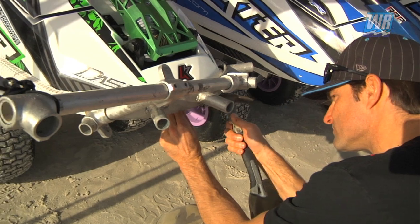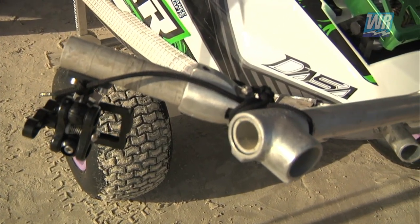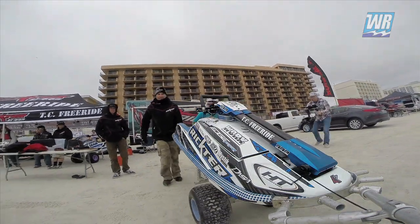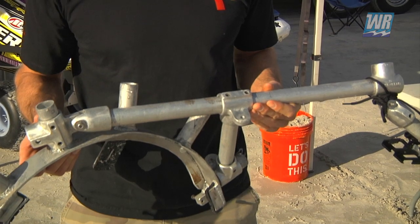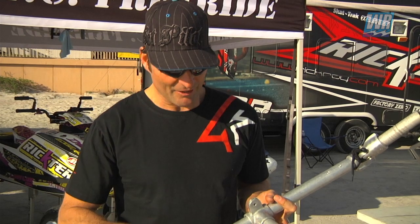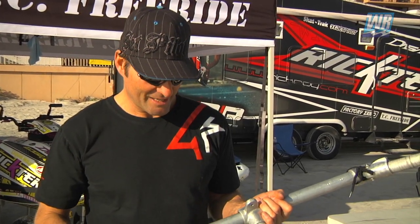One of the more interesting experiments of the weekend was with former World Freestyle champ and Richter team owner Rick Roy breaking out and dusting off an old camera mount from the 90s. I decided to look at what I have left in my garage, and I took my old mount that I was using like 15 years ago that we're putting on the front of the Superjet with a still camera on the side, and I was shooting the picture myself with a button on the bars,